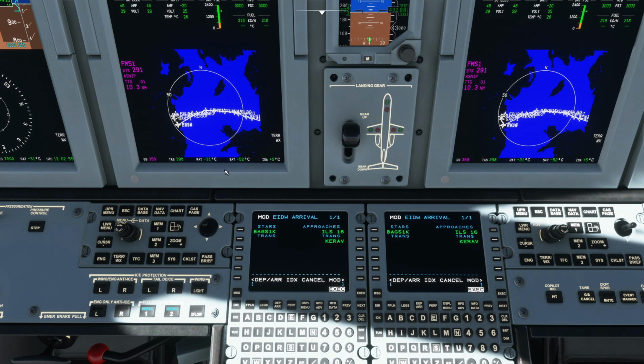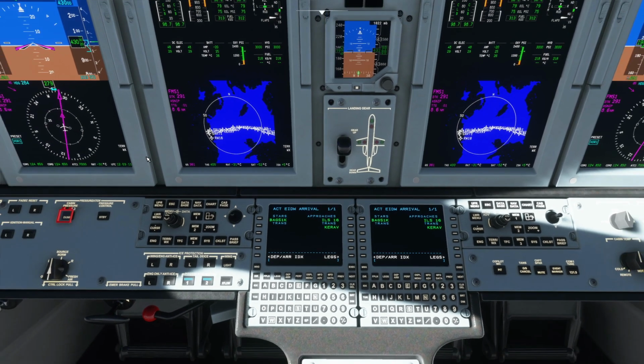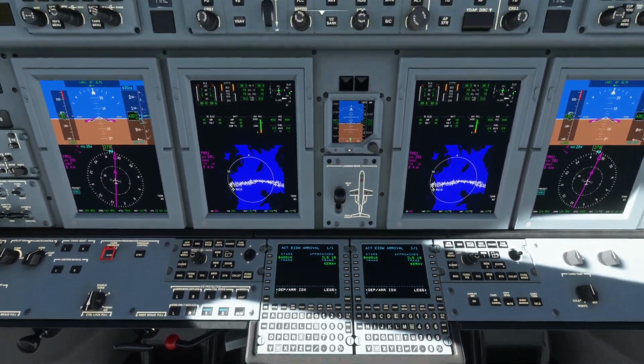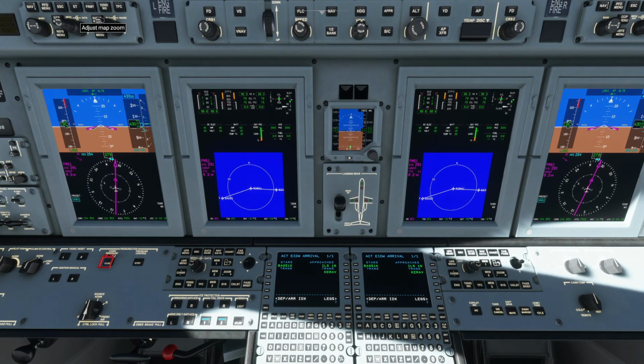As you see now, it changed to taking us through here, making the turn into the runway. So I'm happy with this, and according to the charts and Navigraph, this is a valid transition. So I will select and execute this. Now in the plan mode, we should see, if I zoom in a little bit and go to MFD Advanced